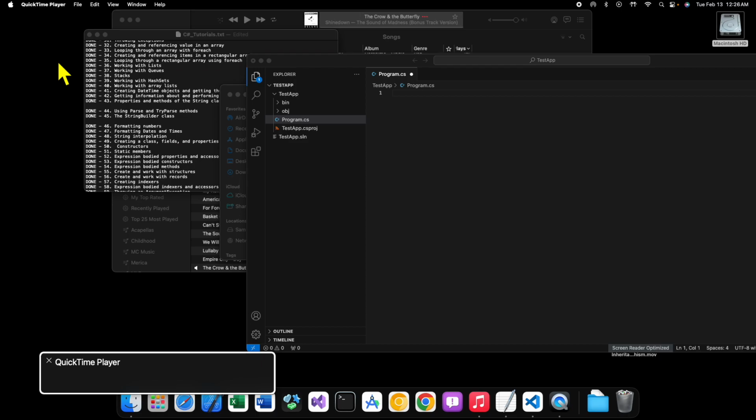So what is the parse method? Let's start with that one. That's the simplest. Parse allows us to convert from a string to, say, an integer or a double or something like that. Because oftentimes in your programs you're going to convert from strings to numeric values and back again,